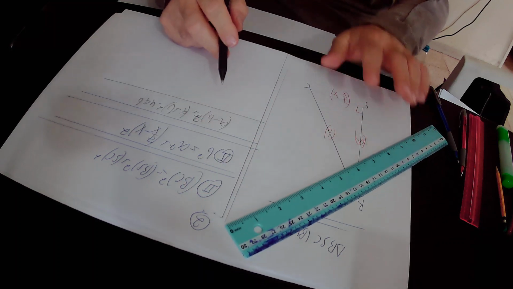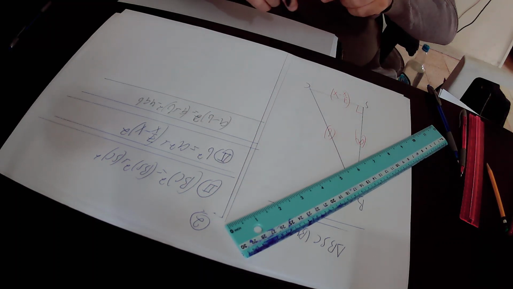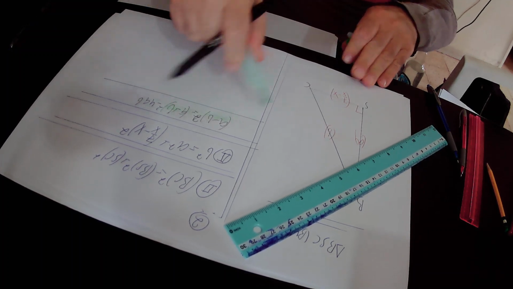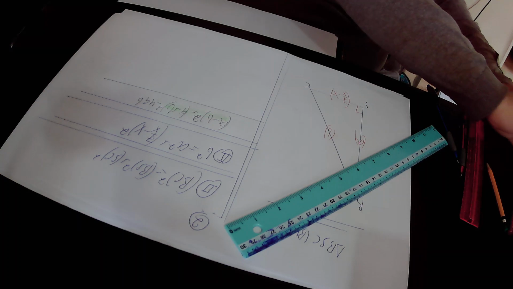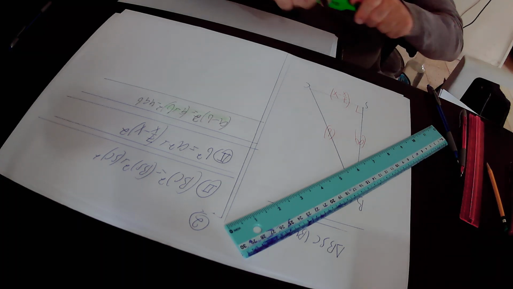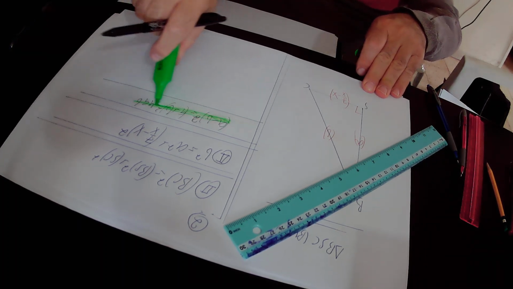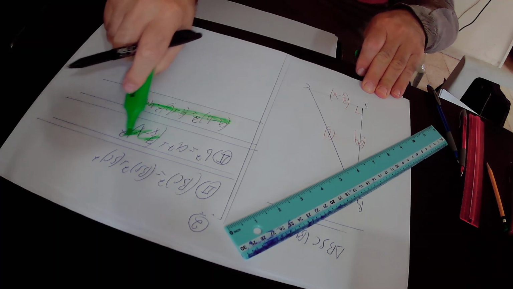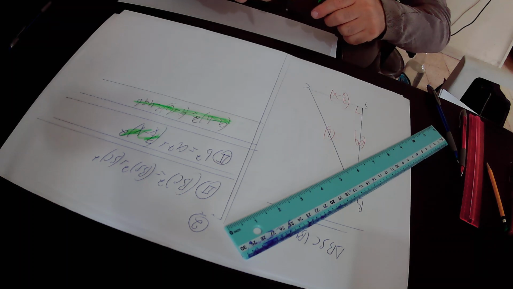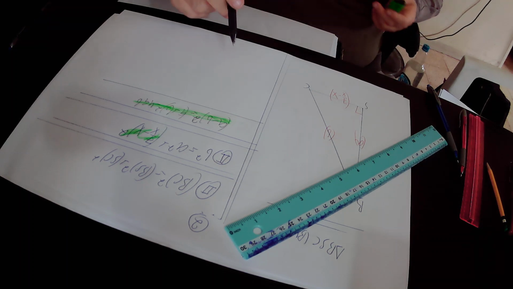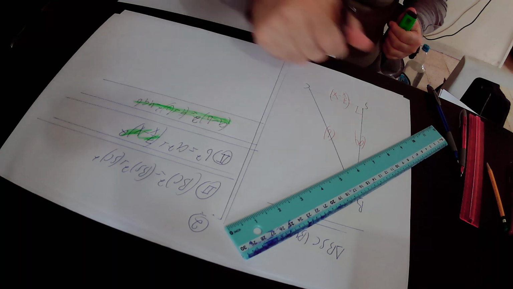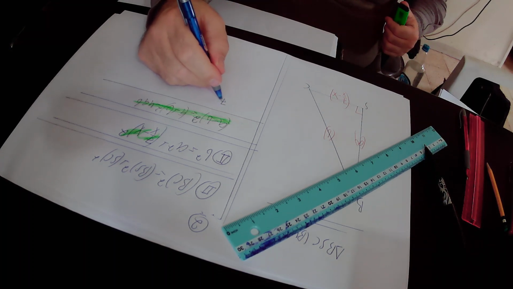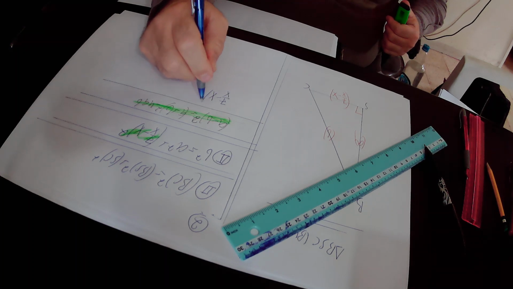We use this algebraic identity for the value of this expression (7 over x minus x) squared. So according to this algebraic identity, the value of (7 over x minus x) squared,